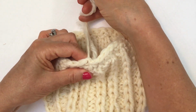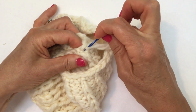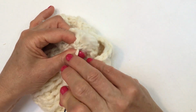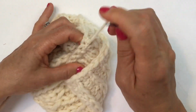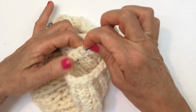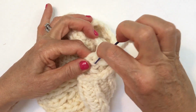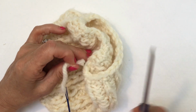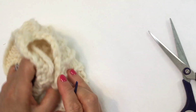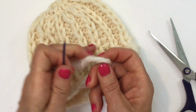So I just bring it to form like another chain, then flick it over and just thread that through to secure it. Don't cut it at source, just thread it through for maybe 1 or 2, 3 centimeters, and then just snip it. Then for the other one, I will pick up the other tail